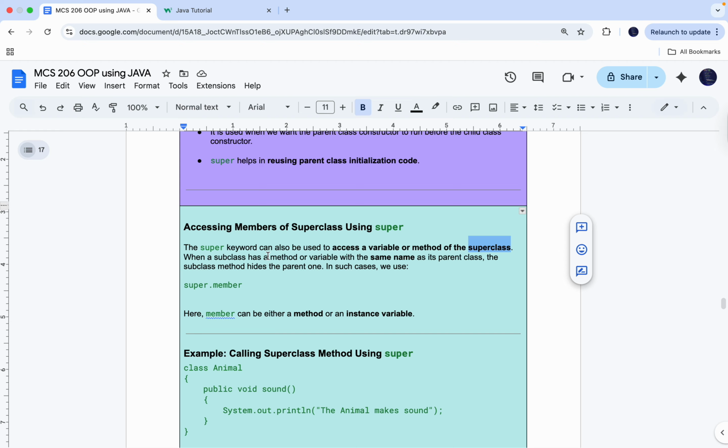सुपर कीवर्ड का यूज से हम लोग क्या कर सकते हैं? Super keyword can also be used to access. इसका यूज एक्सेस करने के लिए भी किया जाता है, जैसे कि वेरिएबल और मेथड। पेरेंट का वेरिएबल और मेथड को यूज करने के लिए सुपर क्लास का यूज किया जाता है।